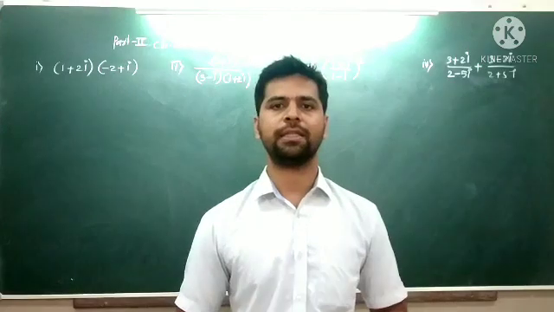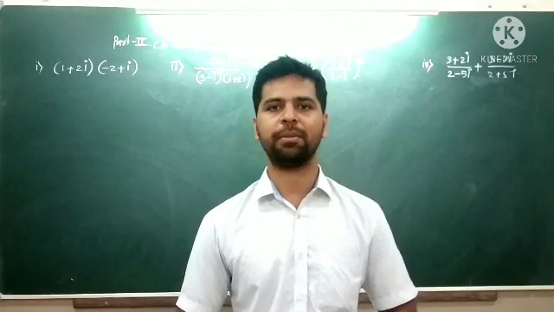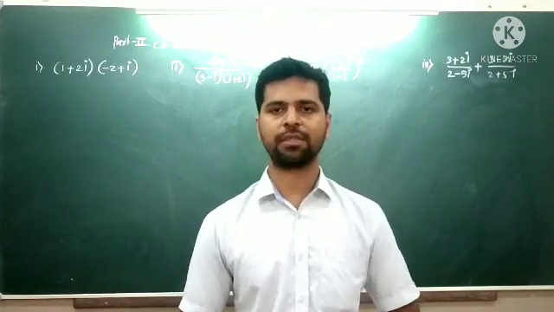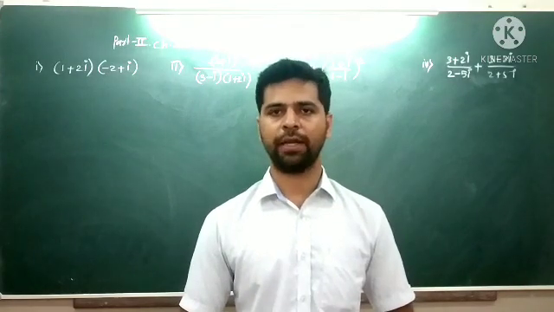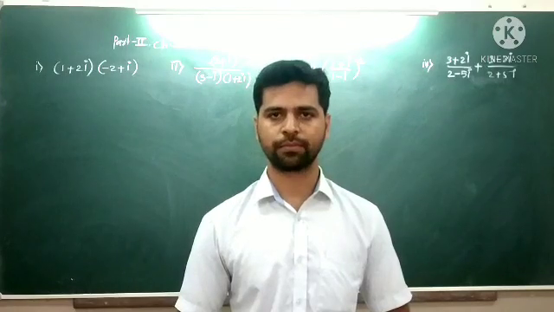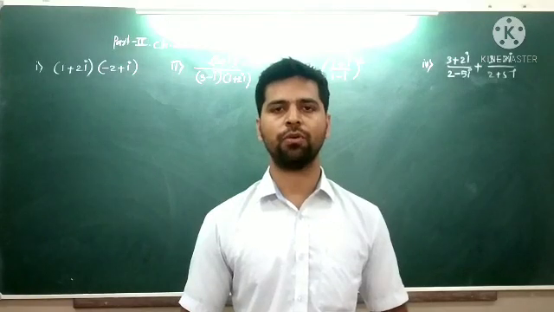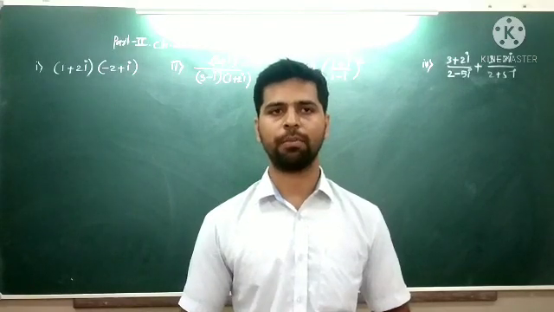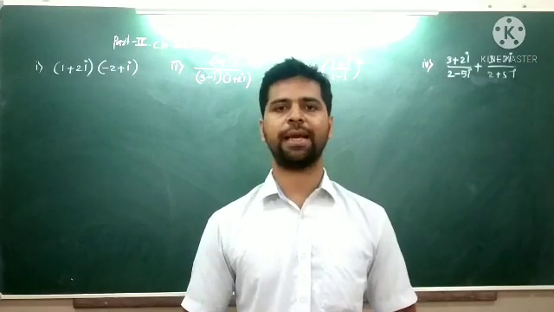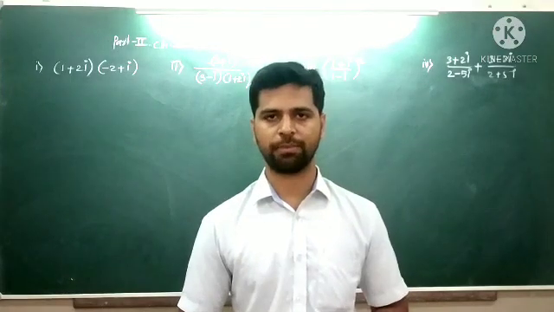After that we saw the algebra of complex numbers. Algebra means the addition, subtraction, multiplication and division of complex numbers. If you add, subtract, multiply or divide any two complex numbers, the result is always a complex number. After that, we saw small examples of how we can form complex numbers by using real numbers. Then we started with the first exercise, that is exercise 1.1 from this chapter.